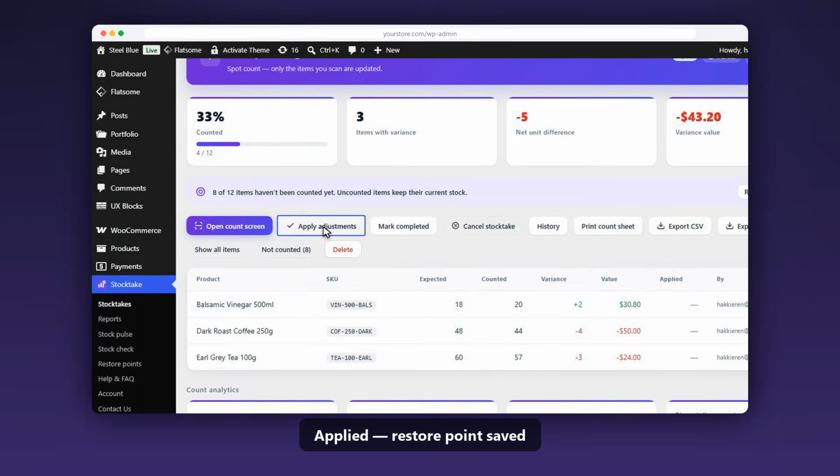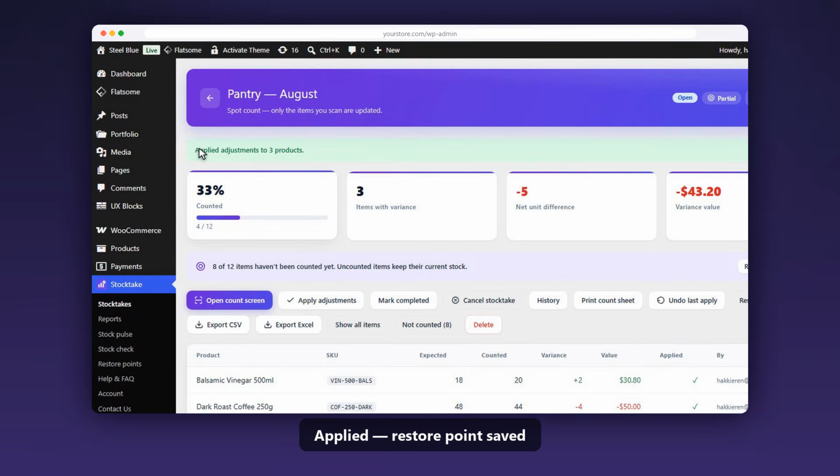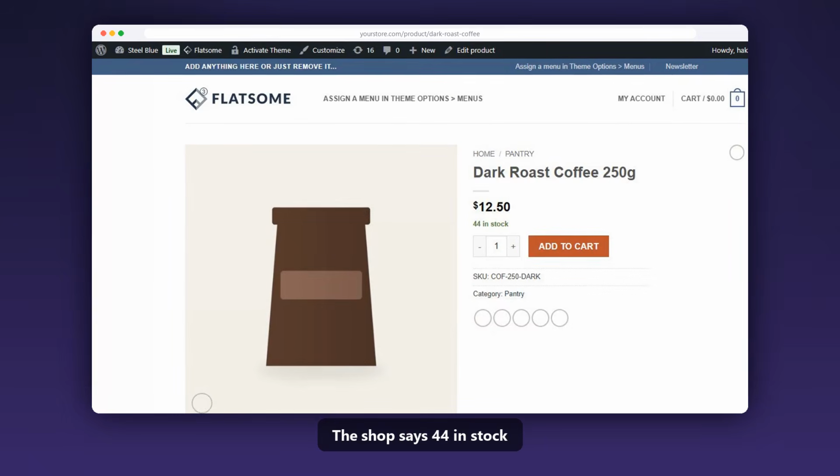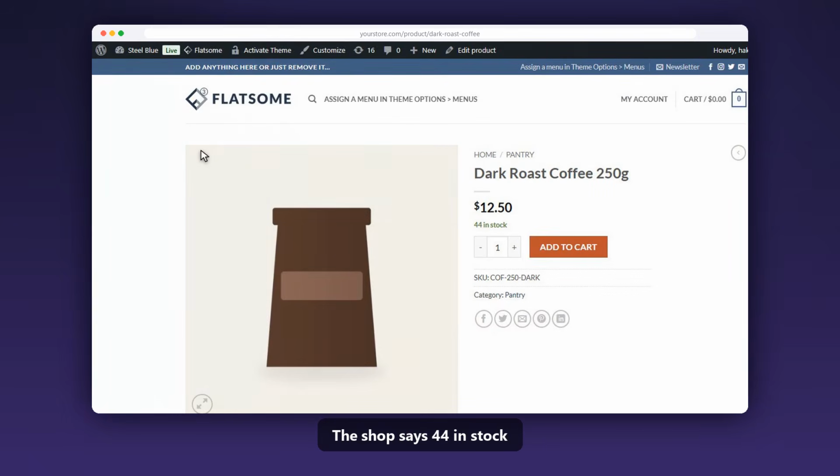Apply writes the counts into WooCommerce, saving a restore point first. And here's the proof. On the shop itself, 48 became